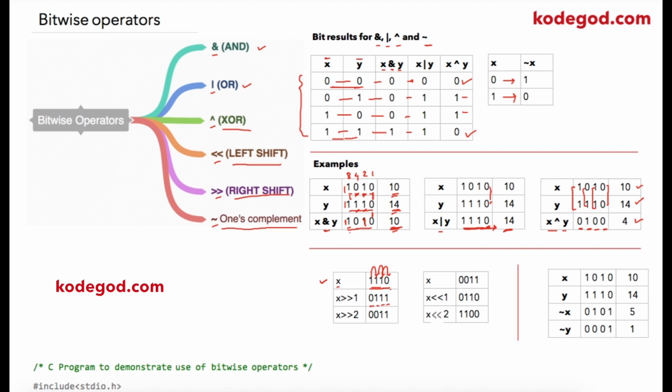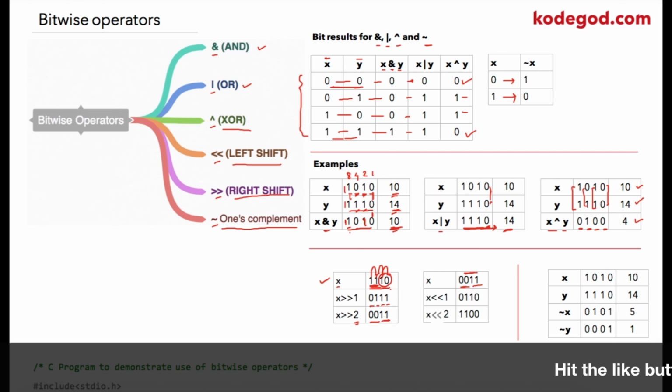Similarly, if on the same x we are going to perform right shift by 2, then these two elements will be skipped. So these two ones will be shifted to this place, and on the remaining spaces we'll add 0 0. Exact opposite happens in case of left shift operator. So assuming 0011 as my value of x, then if I'm going to left shift by 1, then these last 3 digits will be shifted to left hand side, forming this 0 1 1, and we will add 0